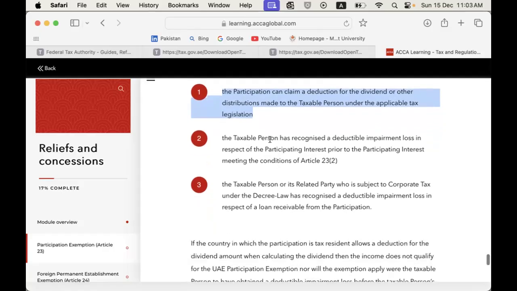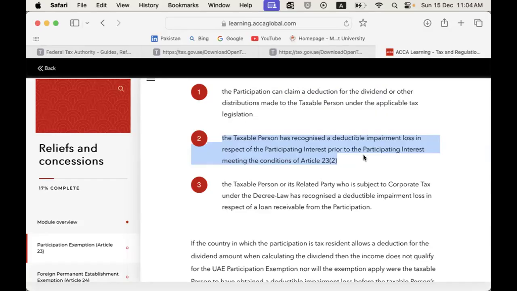Second, the taxable person has recognized a deductible impairment loss in respect of the participating interest prior to the participating interest meeting the conditions of Article 23. I will not explain; let me ask the participants. How can you explain this second point? Let me read it again clearly. The taxable person has recognized a deductible impairment loss in respect of that participating interest, that investment that was reflecting in the balance sheet,